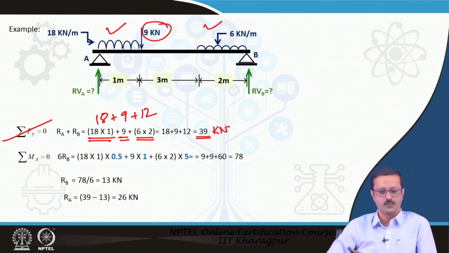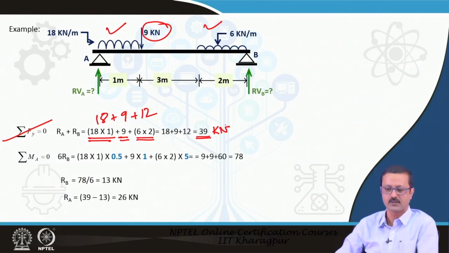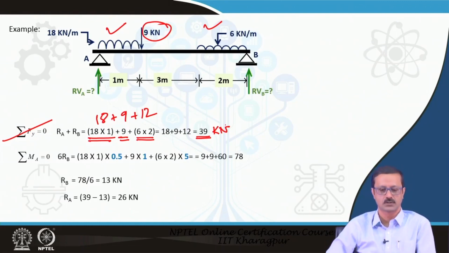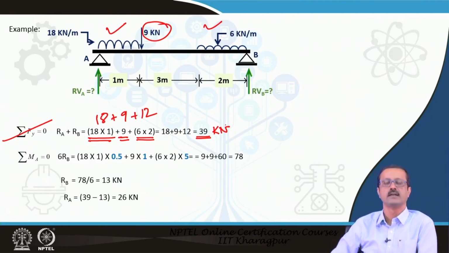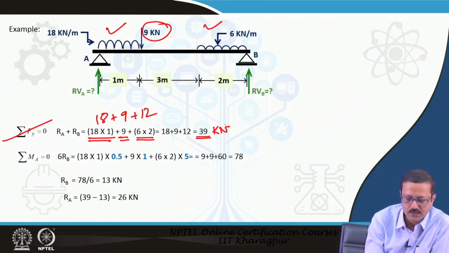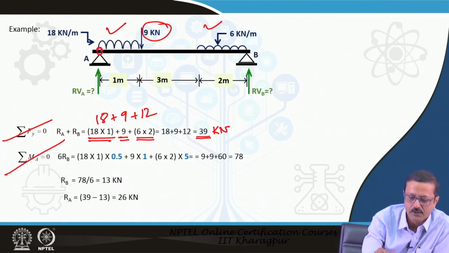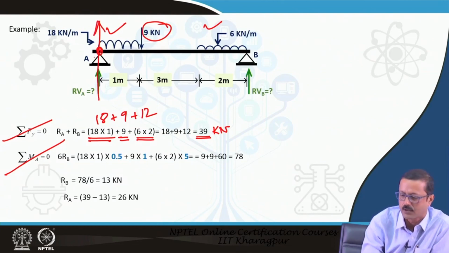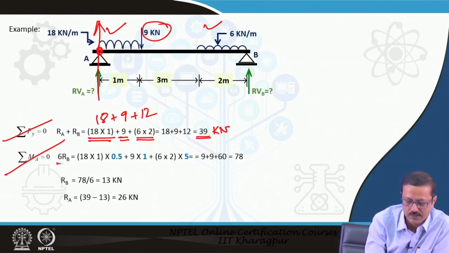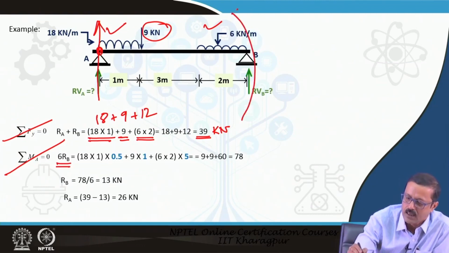So, RA and RB, here I have written RVA and RVB, both should add up to this 39 kilonewton. Now, again I will take the moment about A. If I take the moment about A, this force goes through that point, so this force will not create any moment. Moment will be created by RB, which is 6 into RB, and the rest are